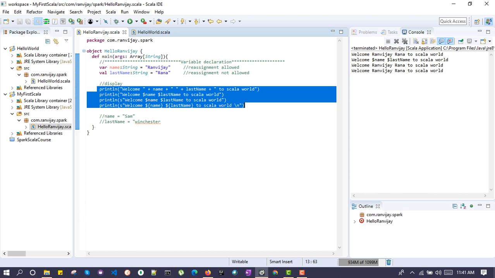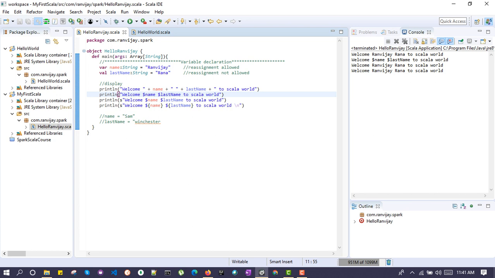Over here you can see, just like dollar name and dollar last name doesn't work without the help of the substitution keyword over here. So if you don't provide s over here, it will be just printed as dollar name and dollar last name. No substitution has been done over here. So if you want to substitute some variable, then you need to provide s, or go with the fourth step or third step, anything you like.